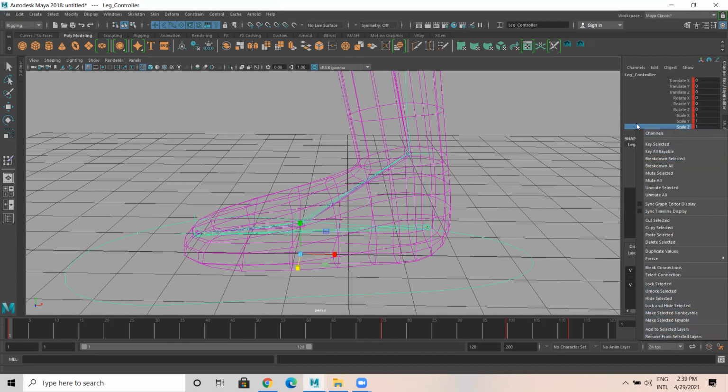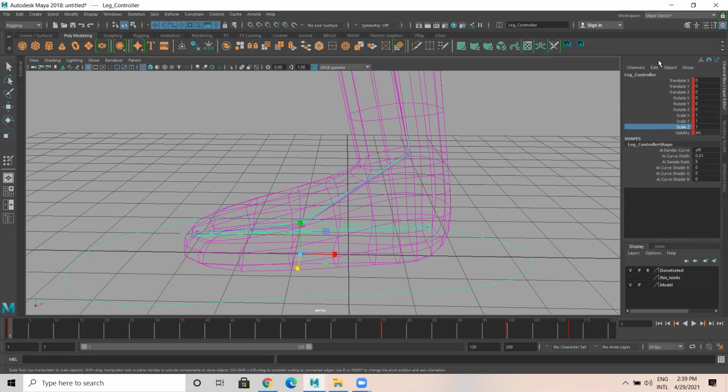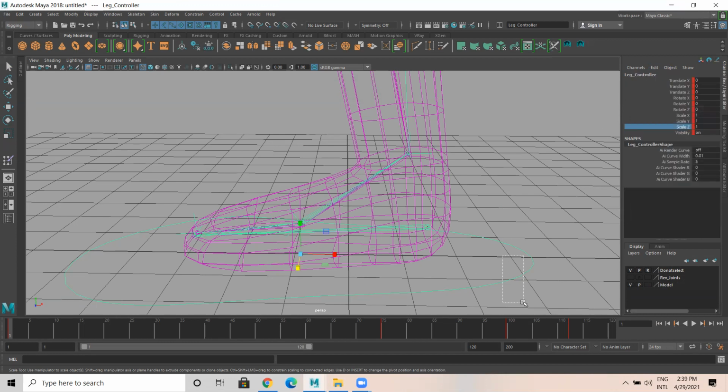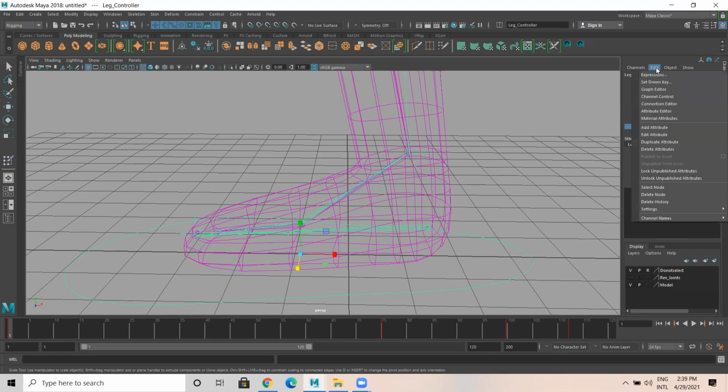Remove from. Okay, go to edit. Yeah, here go to edit. See, normally you have to select this one. There are some attributes that are changed compared to different versions. So what we have to do is select this, edit, add attribute here.